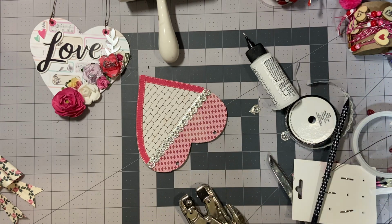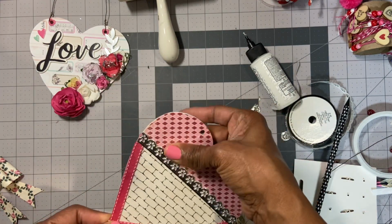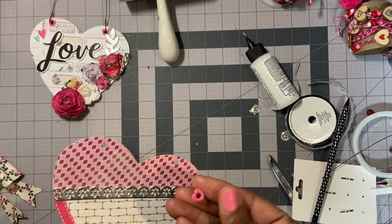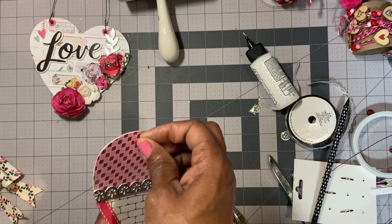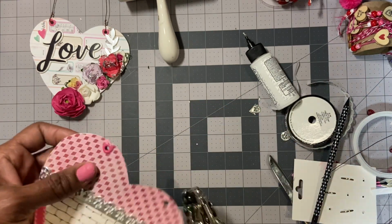Thank goodness for Strawberry Cream 39. I believe she showed a tutorial on how to use the Crop-A-Dile. Thank you, girl. I mean, I've never really sat down and figured out how to use it. I just kind of played with it and go, okay, that's